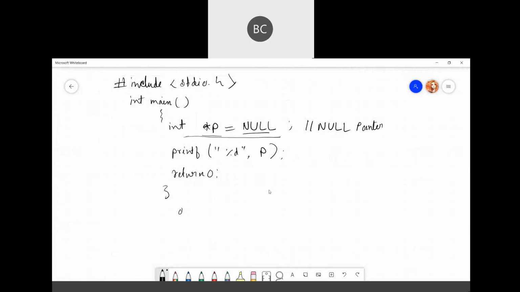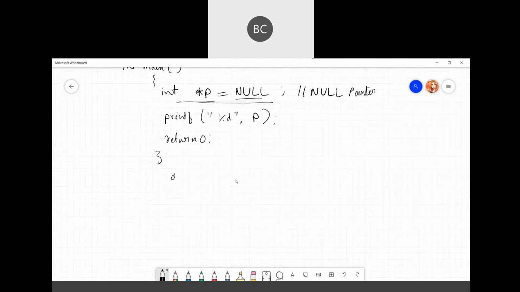When you write a program, it's all up to you how you write it. So sometimes, if you don't want to pass any actual memory address in your function call, then you can just use the null pointer as the argument.